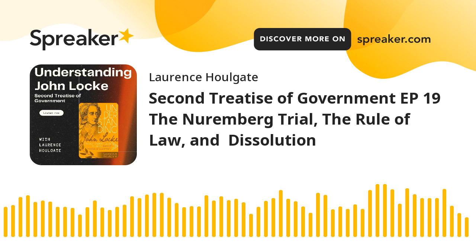We're now at what I promised, the discussion of international law and what Locke's second treatise might contribute to that. There's a controversial example of a violation of the rule of law in the 20th century, and that is the Nuremberg Trial after the conclusion of World War II, in which the victorious Allied powers put on trial high-ranking officials in the Nazi Party and government, as well as German military leaders.